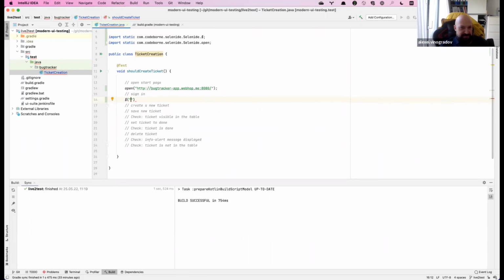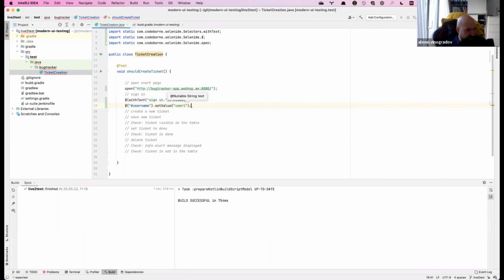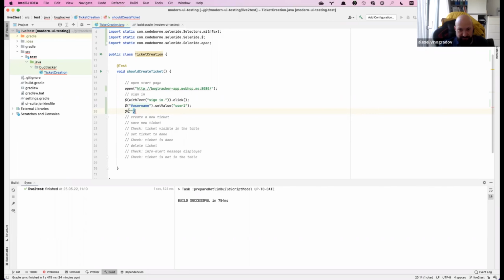Next, I've looked up the fields. They are also very simple. They have IDs, and I will log in here with some user data. Just a moment, I think I forgot to copy one file. Okay. Then the password, I will do a little trick here. A security trick is also pretty common.